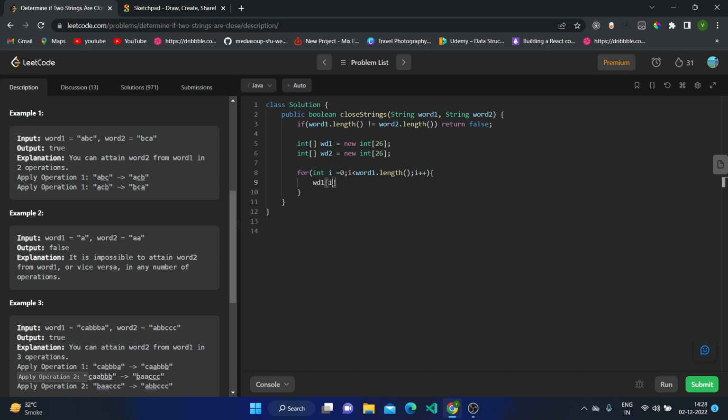Okay, so this will give the particular character's index. I will just update it. Initially it will be 0, as the array is initialized with 0. So this will be for word 2, this will be for word 1. Okay,